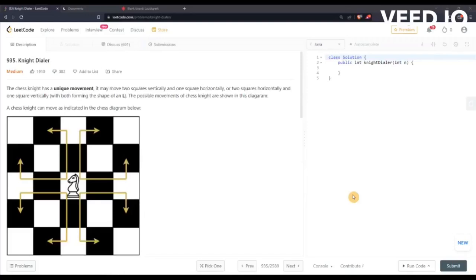Hello everyone. Today we will be doing Leetcode question number 935, Knight Dialer. So here we are given a chessboard, and on the chessboard there is a knight which can move in 8 directions,